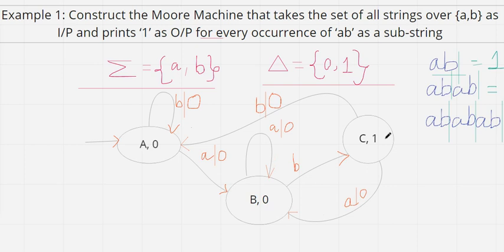Now we are left with state C, which has the incoming edge B. So B is entering into state C but with what output? 1. So for this transition, the output will be 1. I think for all the scenarios I am done with the process. Is there any transition left out? I don't think so. Now you can remove the outputs associated with the states. So now this is your final Mealy machine.